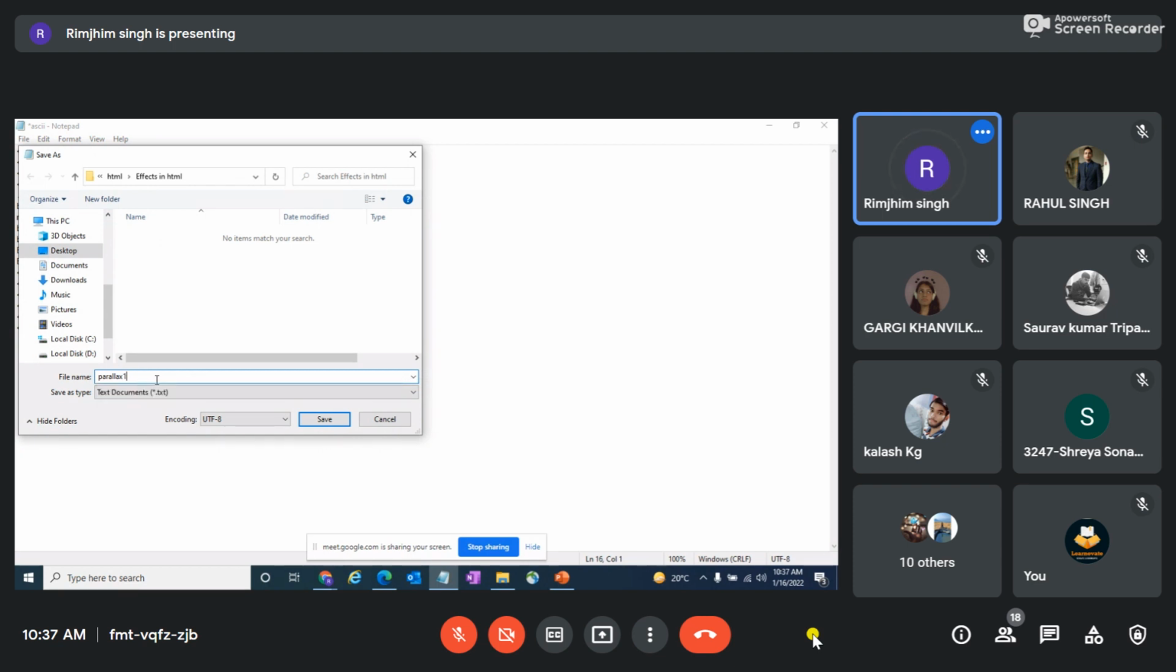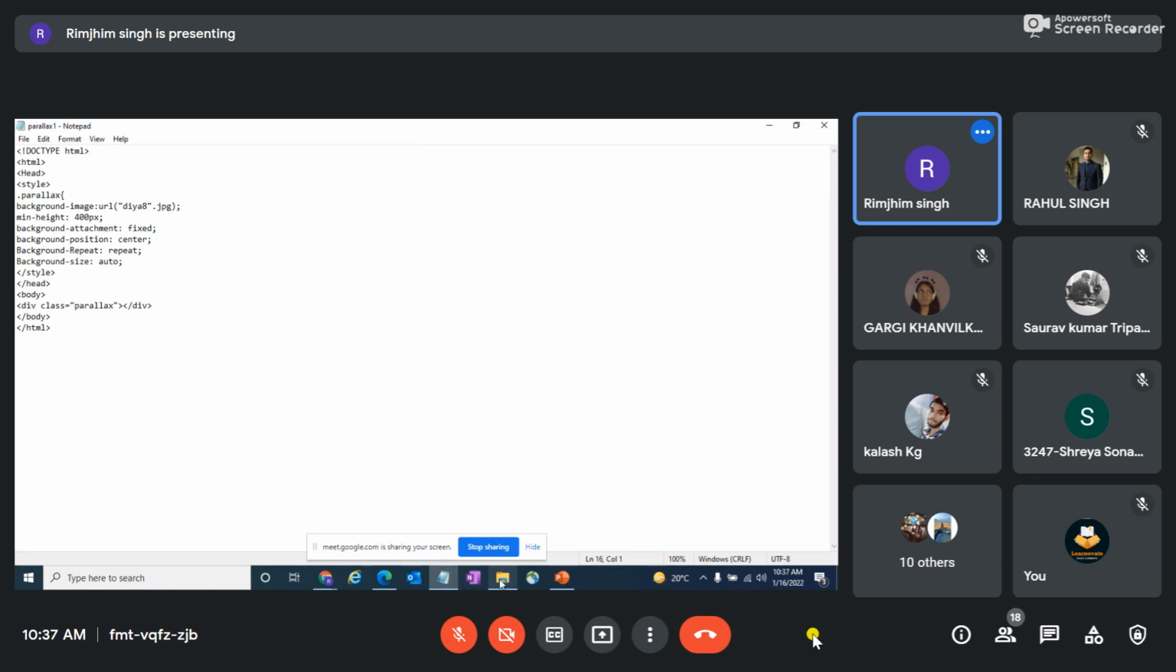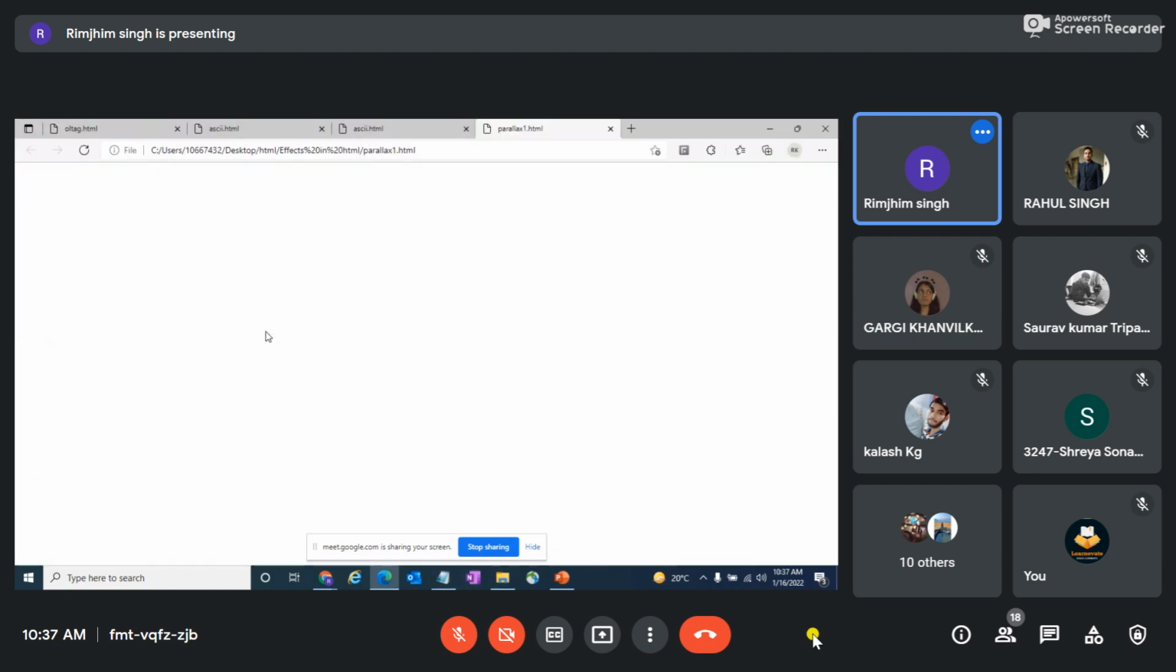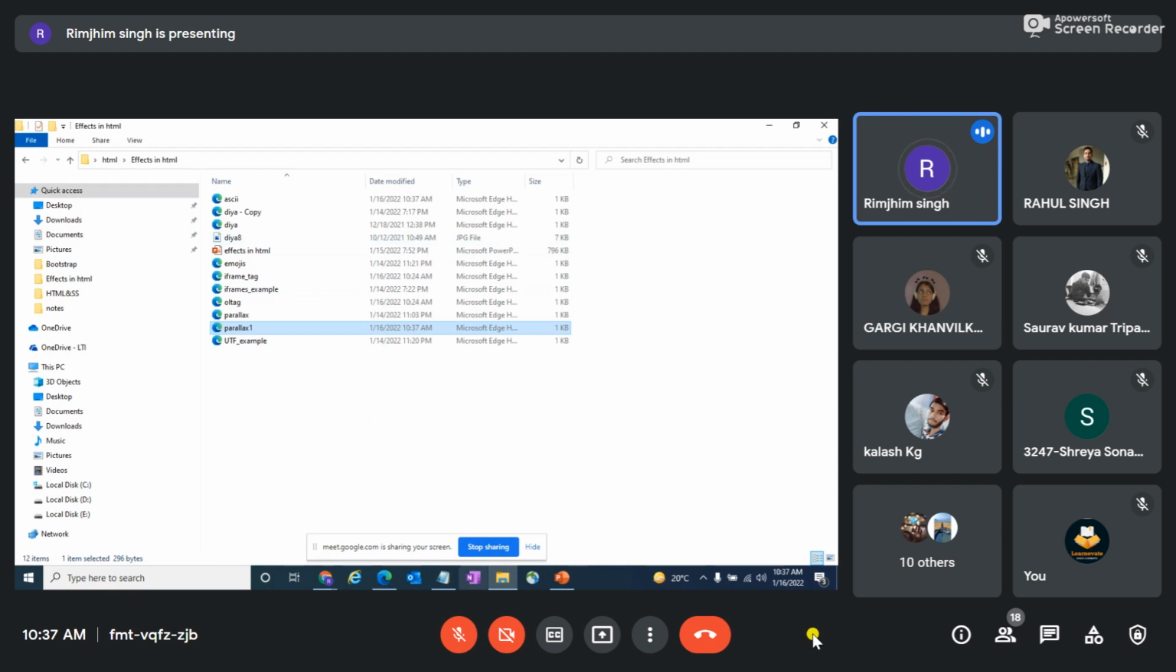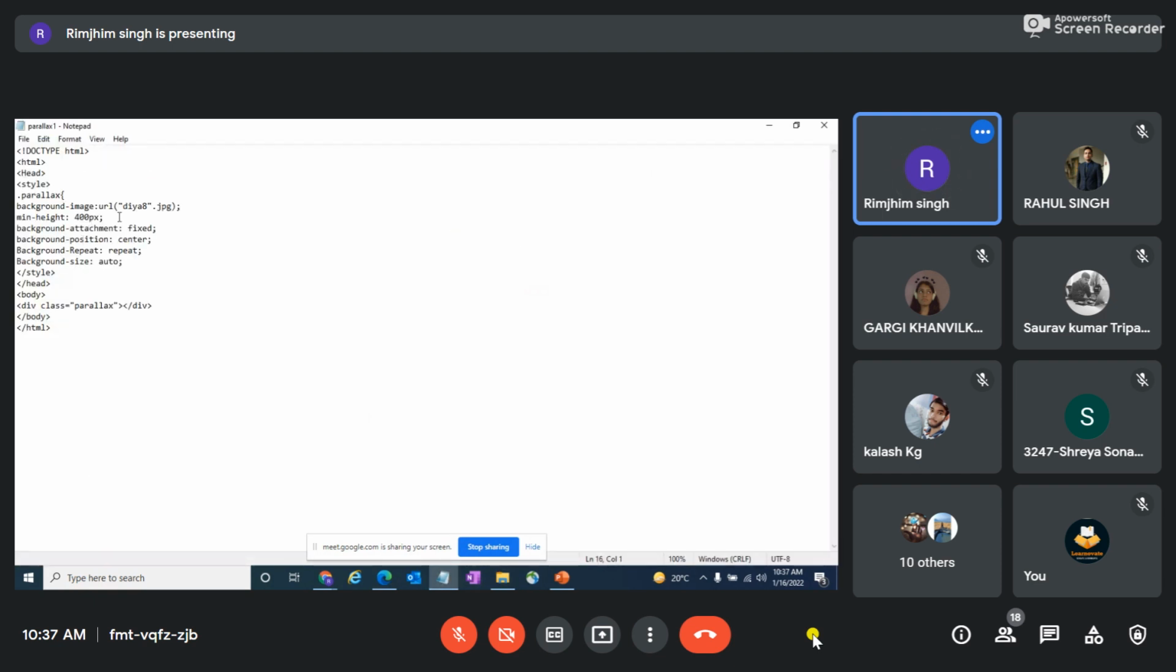Not HTML. Okay, I guess there's an issue with the image. Let's just see. So my background image is Dia8, and then okay, let's just add the color also. So we see if there's an error with the image or there's an error with